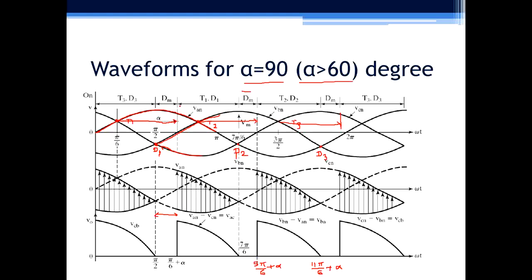So when both T1 and D1 start conducting, you can see at this point, the output voltage is VSC, because point A and point C are connected to the load. So output voltage in that case would be VSC. This voltage is shown here. This is the output voltage, which will be seen as the armature voltage on the output side of the motor.